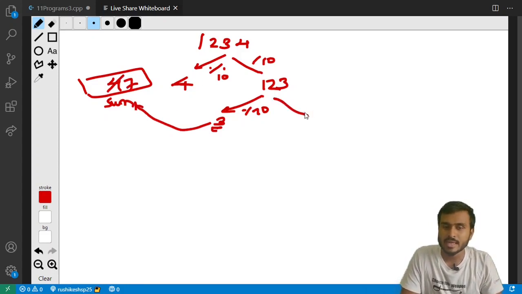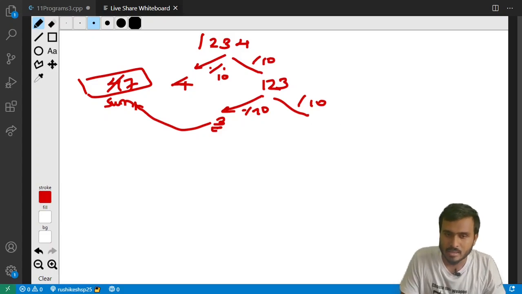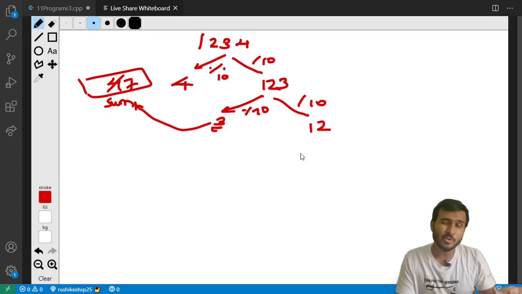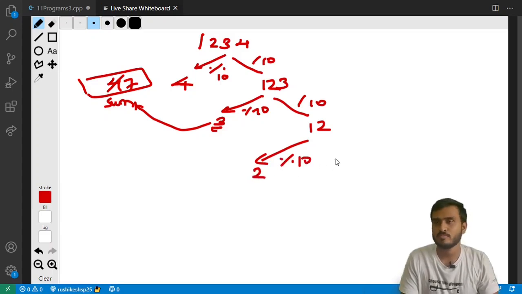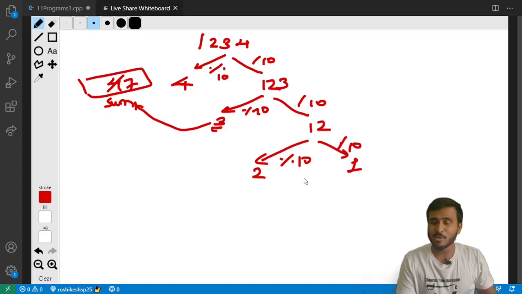Okay, let's divide it by 10, and we get the number as 12. Now after getting a new number, we'll again apply the same logic. So we'll take mod by 10, we'll get 2. And then we'll divide it by 10, we'll get 1. I hope you remember this logic. We have seen it while learning the same program using looping